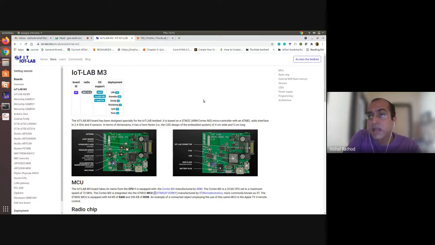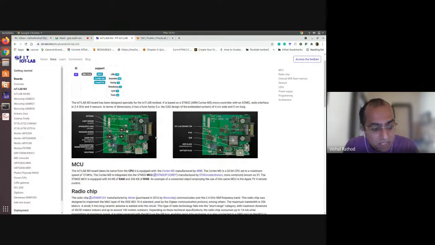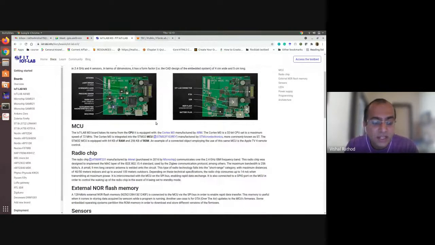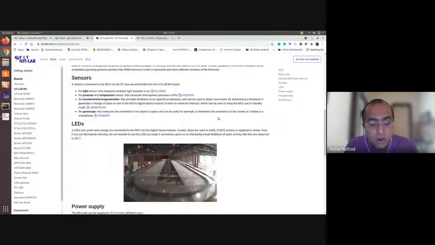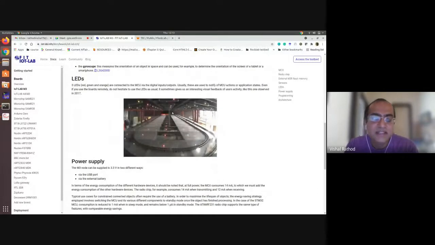Because of that, your compiler cannot compile your output, and it will overflow the memory. This IoT-LAB M3 has a very high amount of ROM and RAM, so you can easily run a very complex program. Just see this.